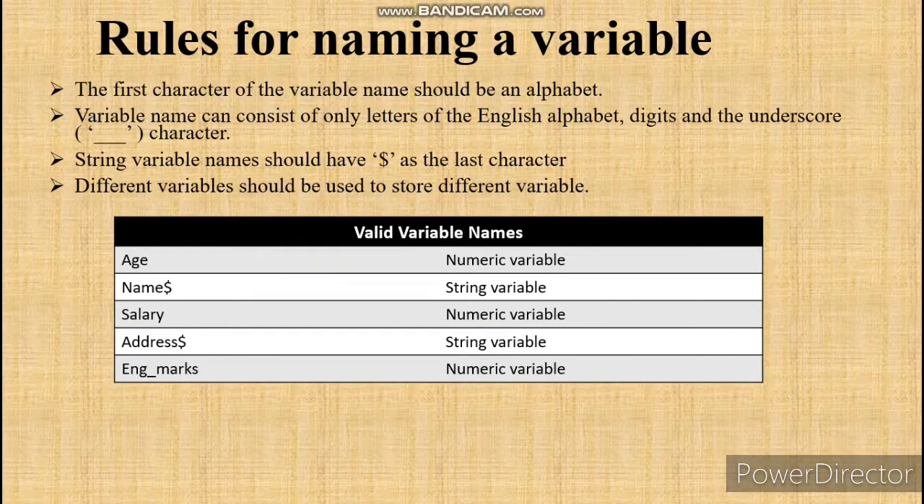It is a valid variable name. Age. Age is a variable which stores a numeric value, right? Name$ is a string variable and it stores string data, just like a name. Salary is a numeric variable. It stores numeric data. Address$ is a string variable and it stores an address. English_marks is a numeric variable which is used to store marks of English, right? So these are the examples of valid variable names. I hope you understand. Next is